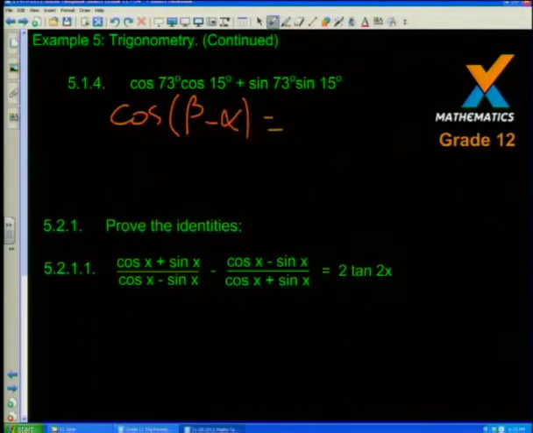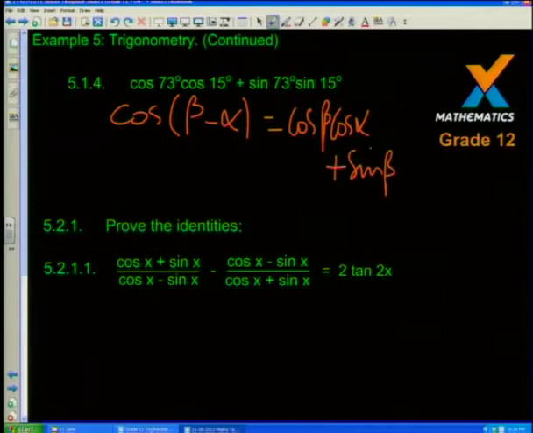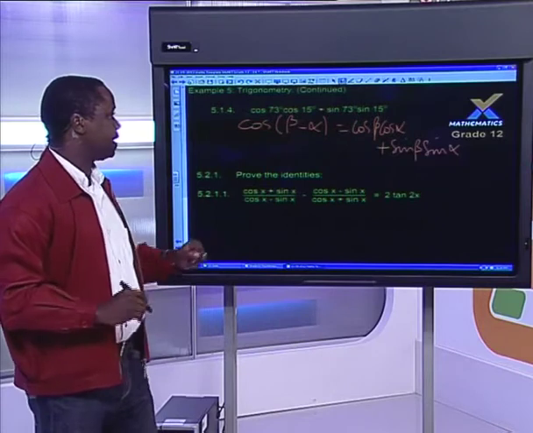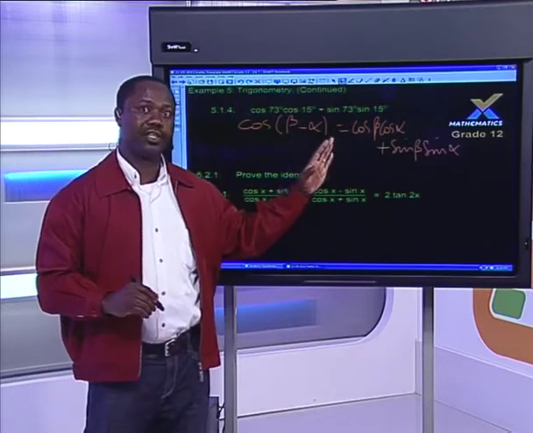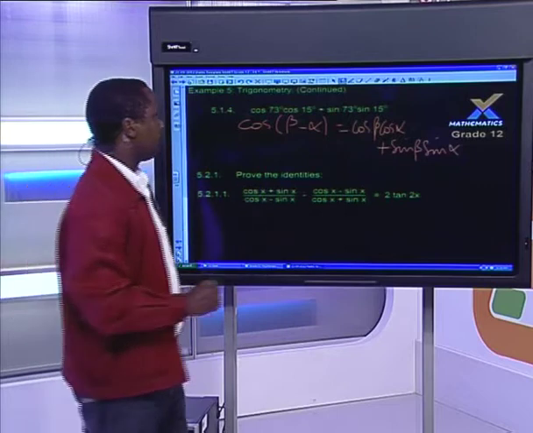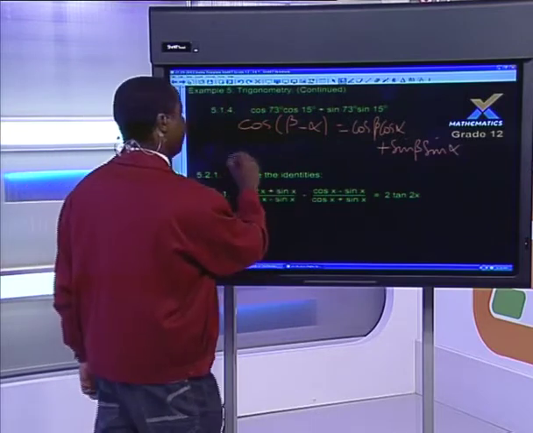The rule says you then have cos beta cos alpha plus sine beta sine alpha. Okay, so we're simply going to apply that rule. And in this case, 73 will be our beta, and 15 will be our alpha. If we look at it in that way, we end up with